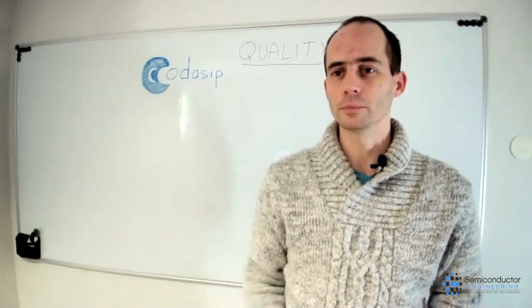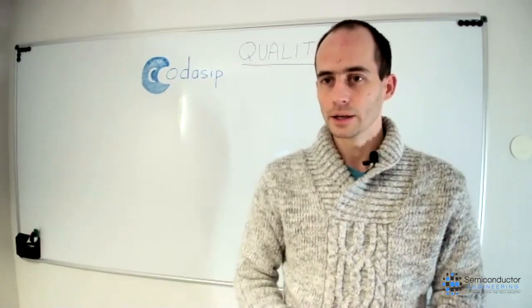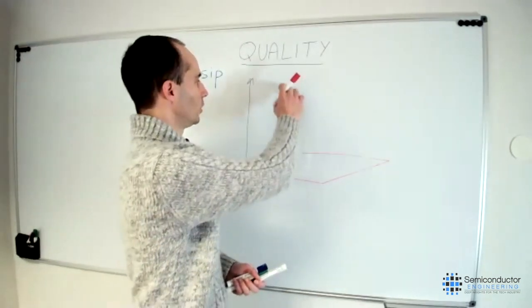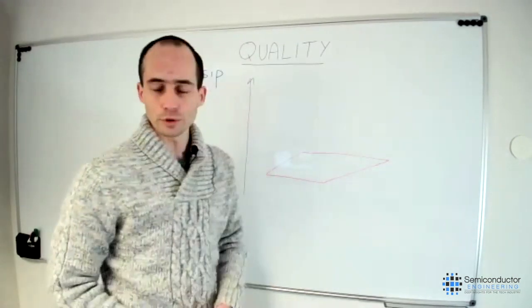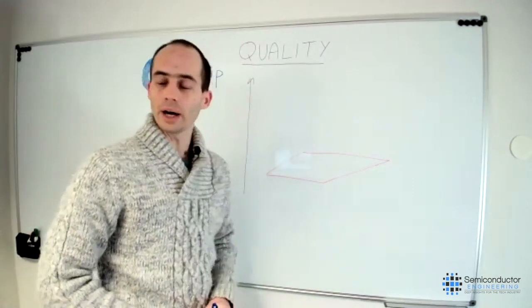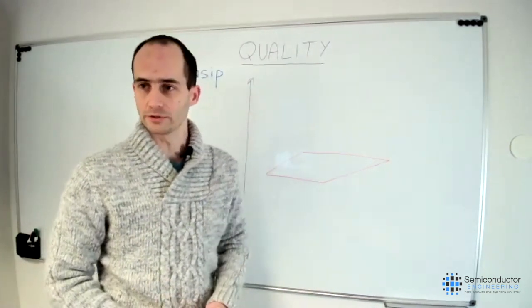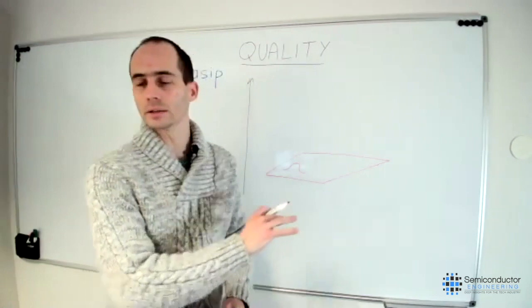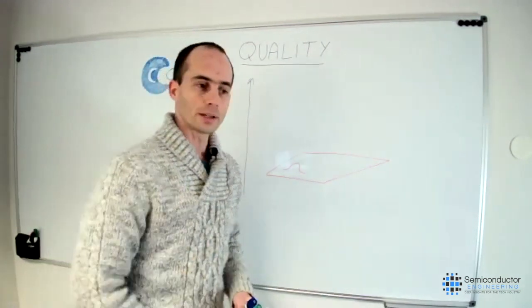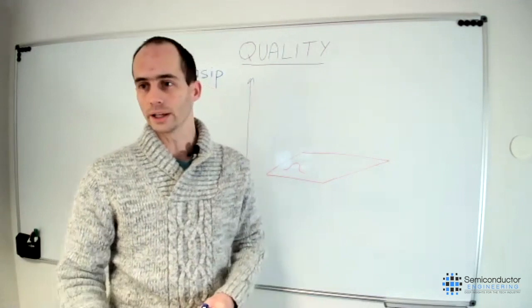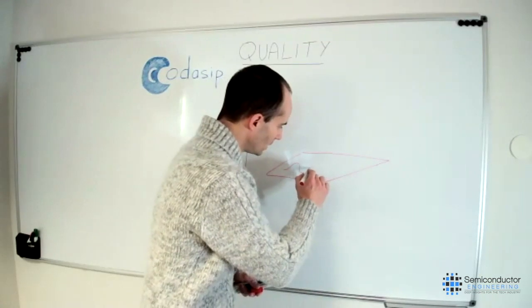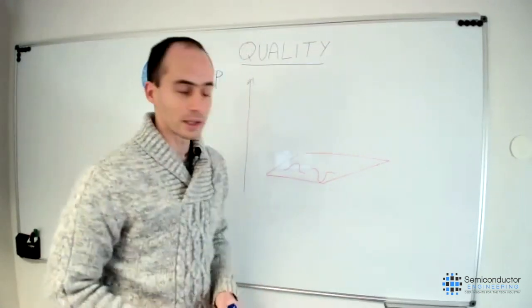Often we know that the bugs are in corner cases. So I used to draw a thing. If we have the quality here, how do we measure the quality of this design? Probably on the design itself, some parts of the design have been very well specified, very well engineered, so they are higher quality than the average, I would say. Some other parts of the design have been made on a Friday afternoon, on a less well-specified design. So some parts of the quality of the design might be a bit lower.